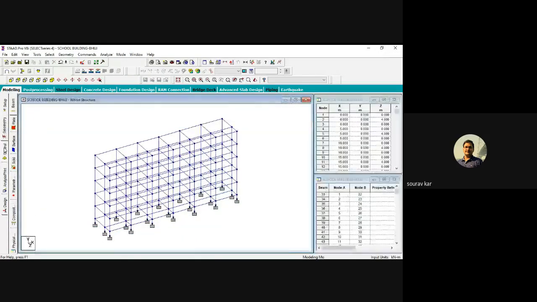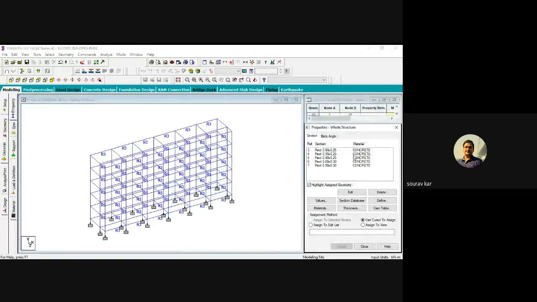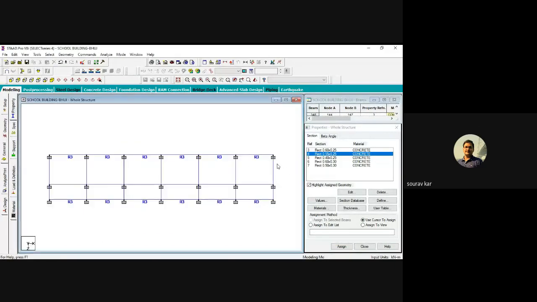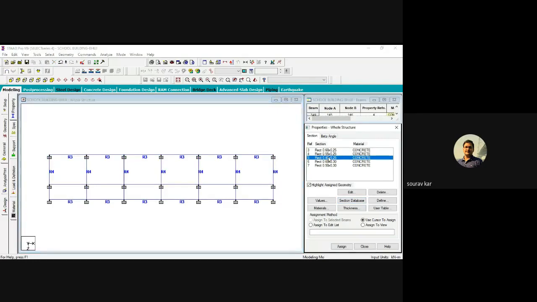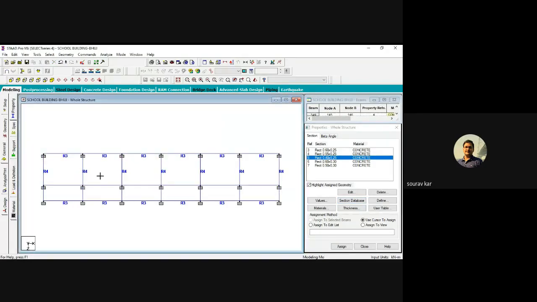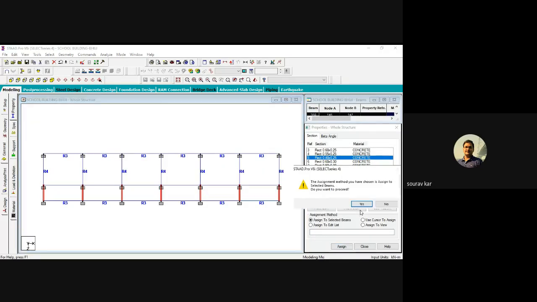Coming to the next, another beam which is parallel along 4 meter. So we will go to the top floor. The beams parallel along 4 meter we have selected and we will assign. Again, the beams parallel along 2 meter, we will select and assign it.